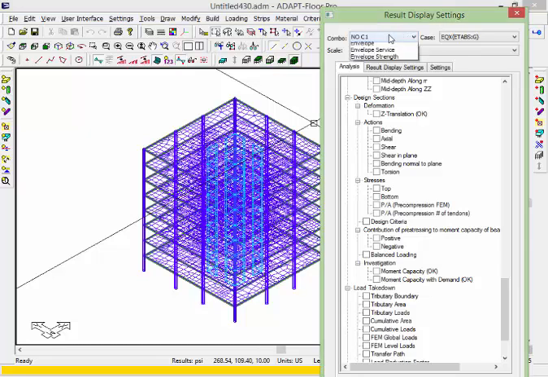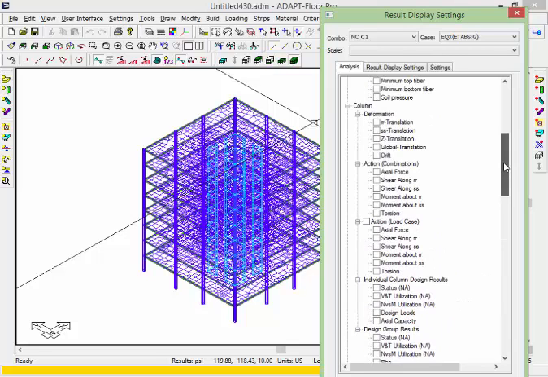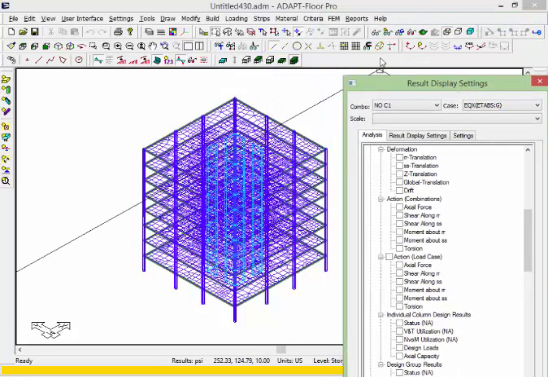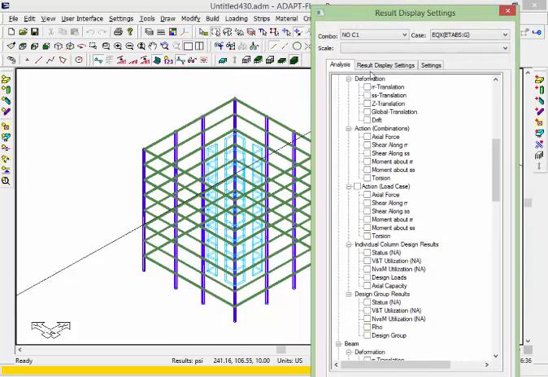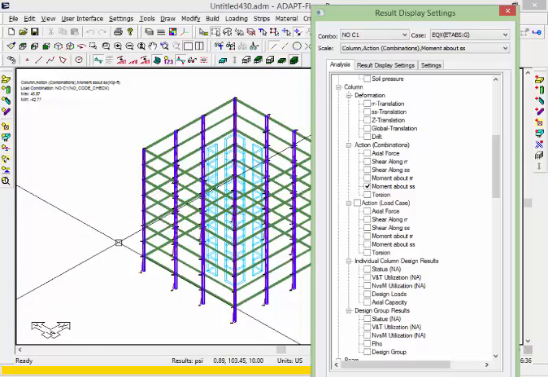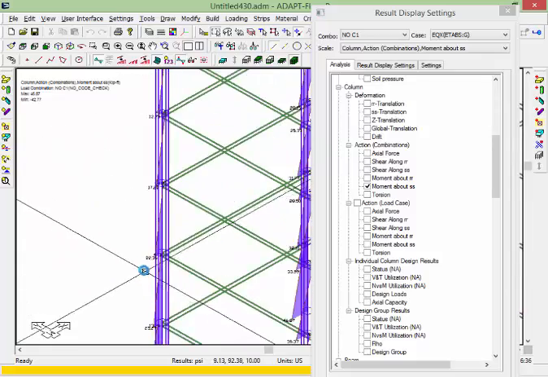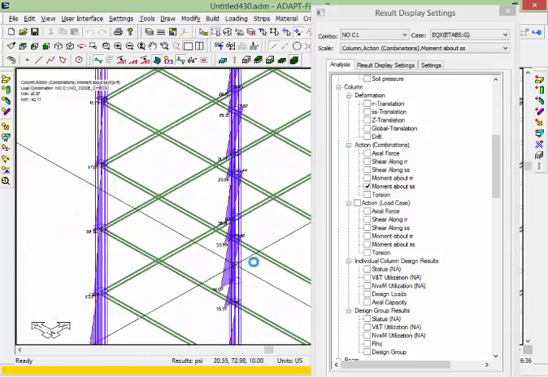And if we look, for example, at the NoC1, this is, I believe, the wind or the EQX load case. We can always look at the actions now. Because we ran this with load combinations, these actions will actually be shown as combination results. And we can make a comparison between the frame reactions in ETABS versus the frame reactions inside of Builder. So for NoC1, if I go to column combination moments, and this will be moments about the S, that's the strong direction, we can see that we have moments shown in our columns relative to the solution native